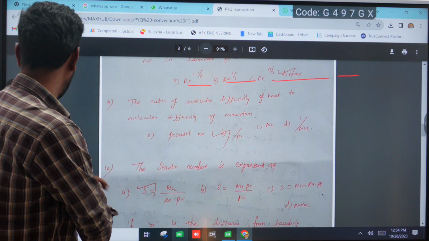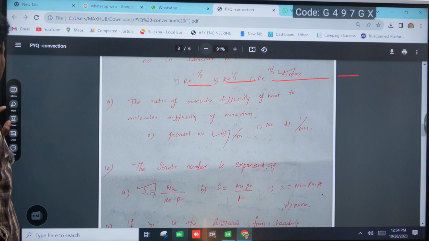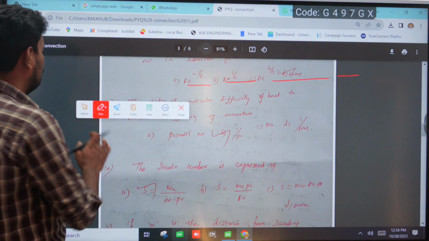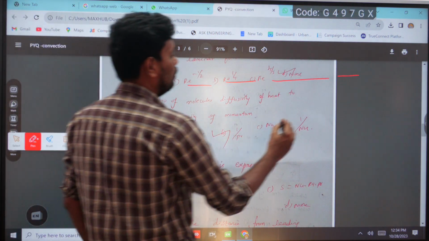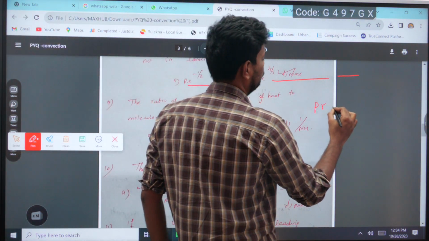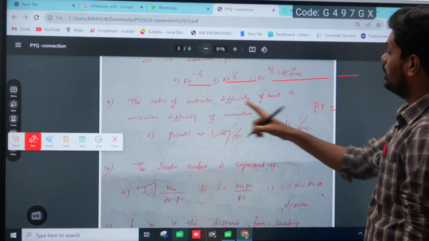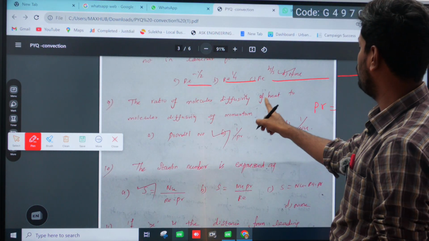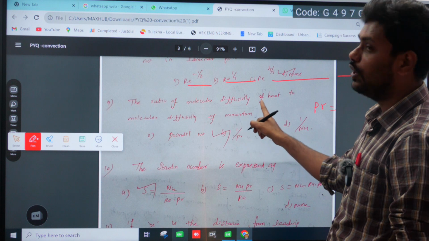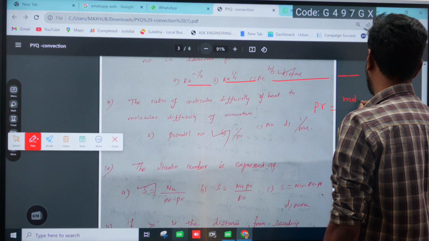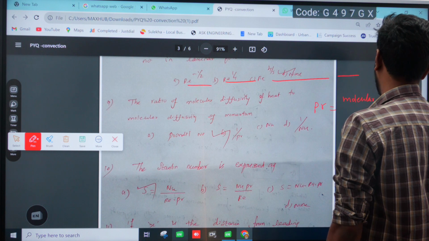So the definition for the Prandtl number, the equation for the Prandtl number which we have seen, is given as the ratio of molecular diffusivity of momentum to the molecular diffusivity of heat. But what is the actual formula? Molecular diffusivity of momentum